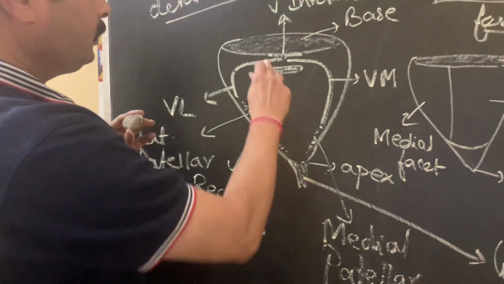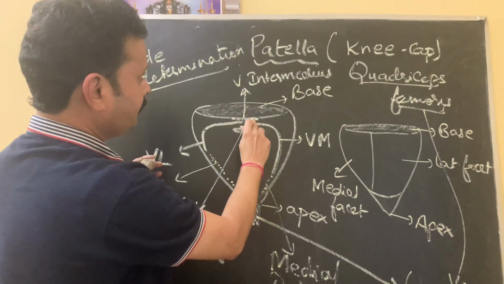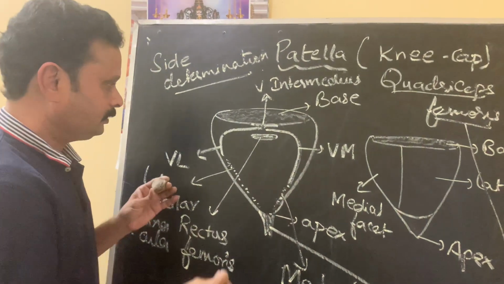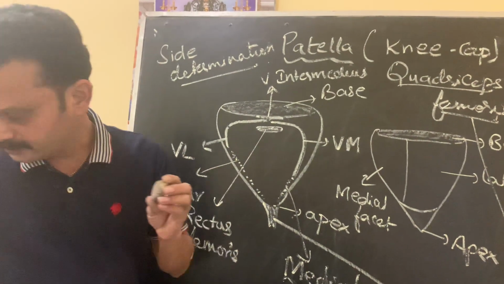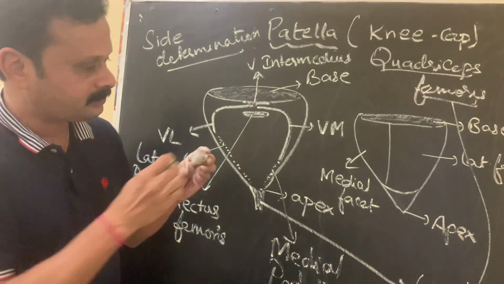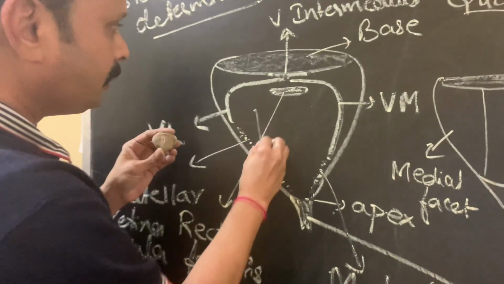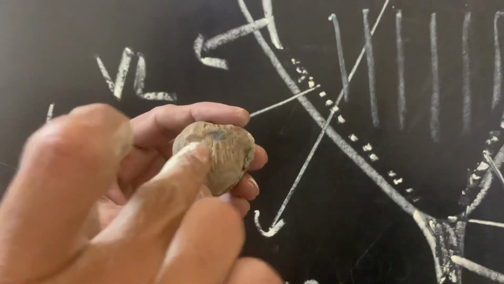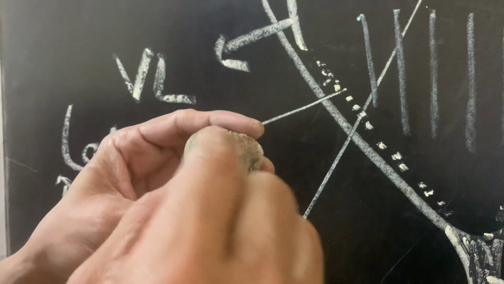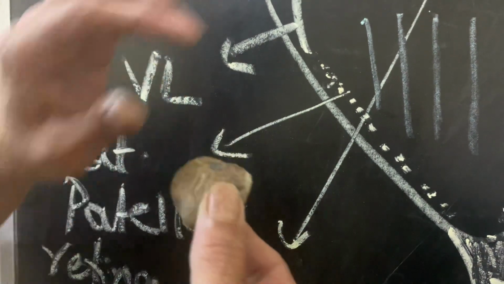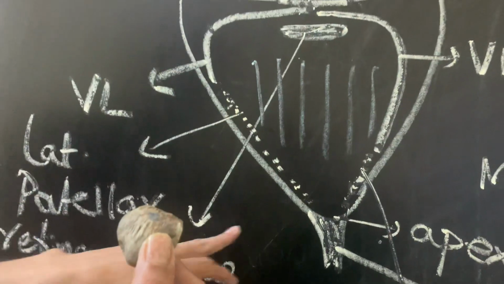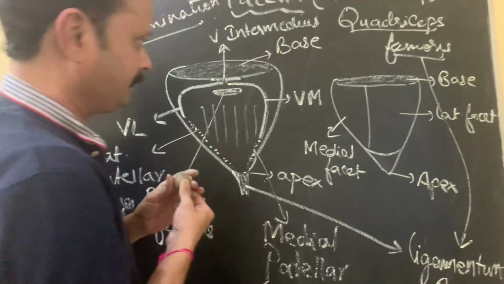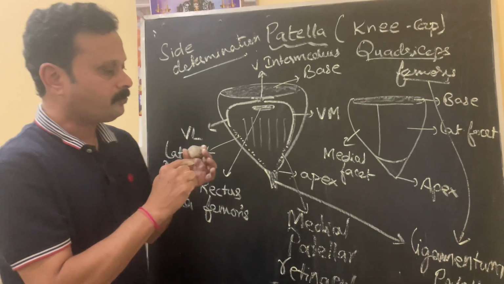Okay. Then here we have vastus intermedius in the middle, and rectus femoris, which is more anteriorly placed. The rest of this anterior surface is showing some grooves like this. These grooves are meant for the attachment of some portions of the patellar retinacula as well as some fibers of the said muscle. Okay. So this is all about the anterior surface.